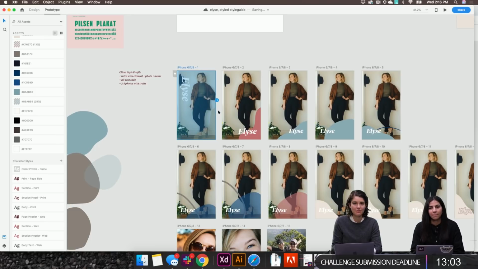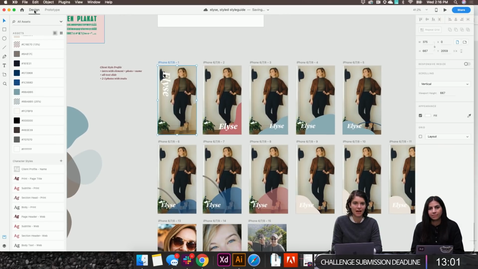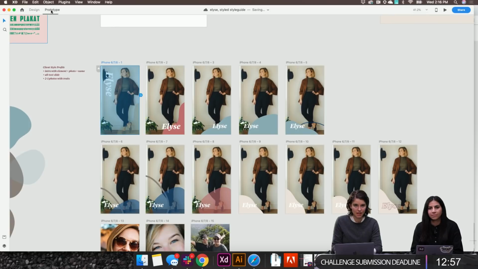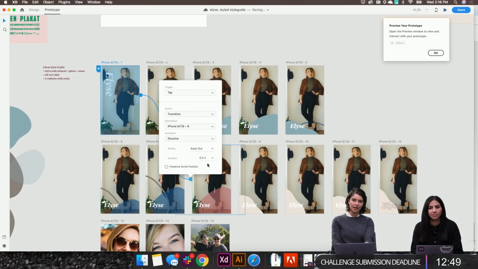I'm in the prototype mode here. You can see there are these tabs. I'm going to close my assets panel to give us more screen space. When you click on the artboard, you have these little nodes. If you click and drag the nodes, you can connect them to another screen,